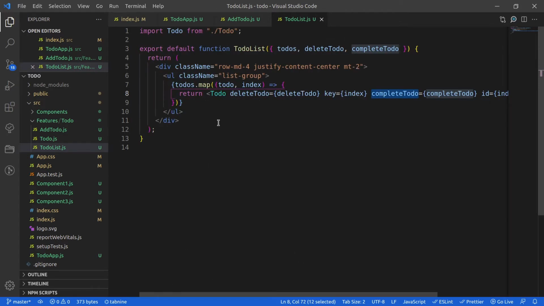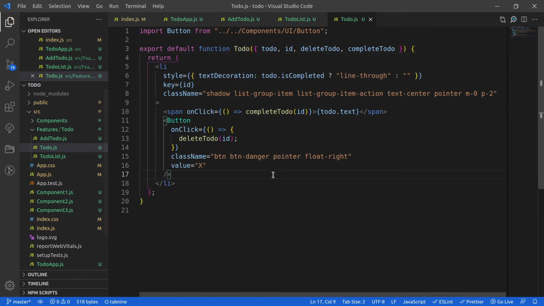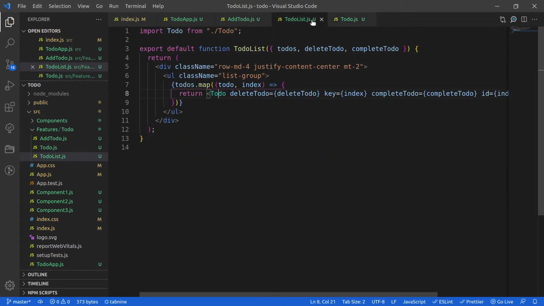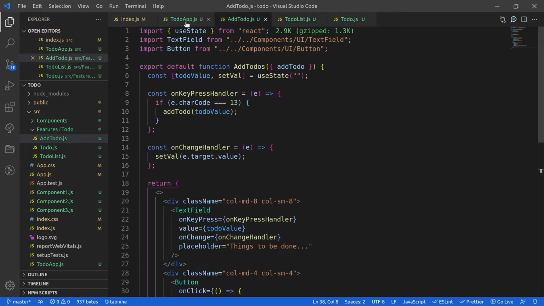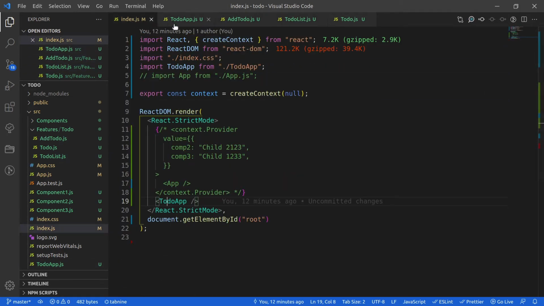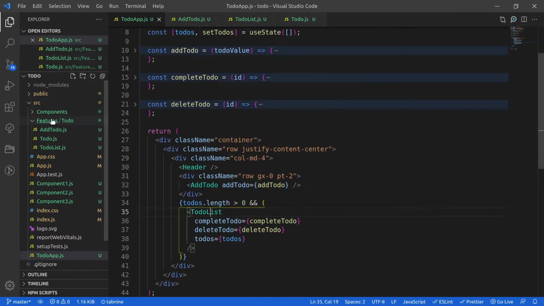So this particular thing is called prop drilling. I don't think that we should follow such a pattern, because here the to-do list component is just becoming an intermediary. So now let's get started with our context API.